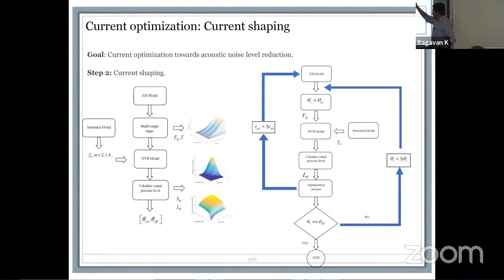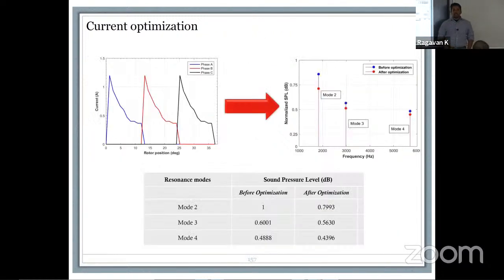Electromagnetic goes all the way. You optimize it, you add a phase, basically a delta to it, change the current a little bit and feed it right back, and then go for the next position and close the loop for that as well. So at each position, we're trying to identify how this system behavior is changing when it comes to acoustic noise. This is basically the optimization when we did the sound pressure level calculation before and after optimization.